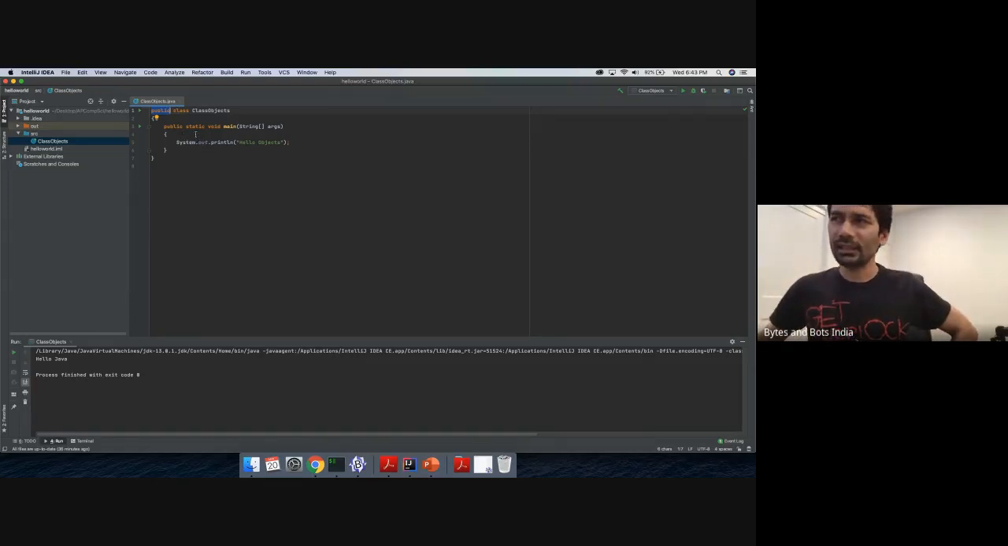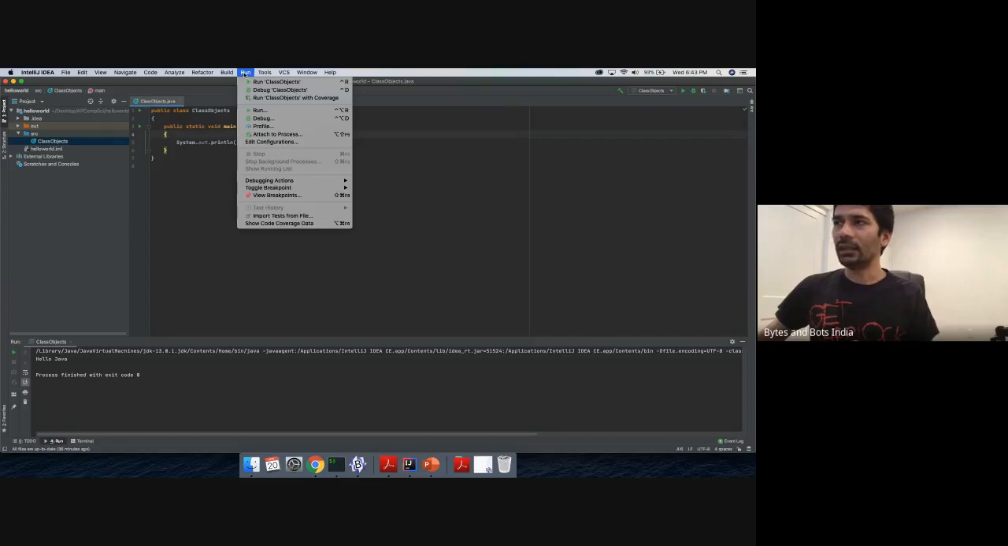But essentially, at this point in time, what we're doing is we're telling Java that whenever you run this program, call this main first, and then do whatever is inside these two curly brackets, which in this case is asking you to print hello objects on the screen. So once you have written all that, save the file, and in the run menu,